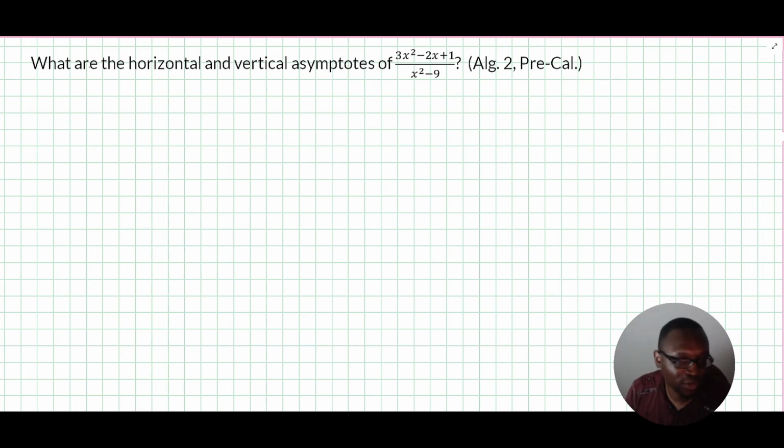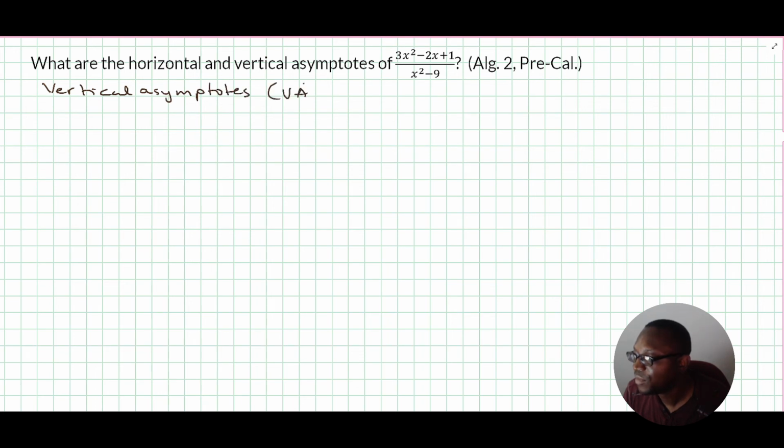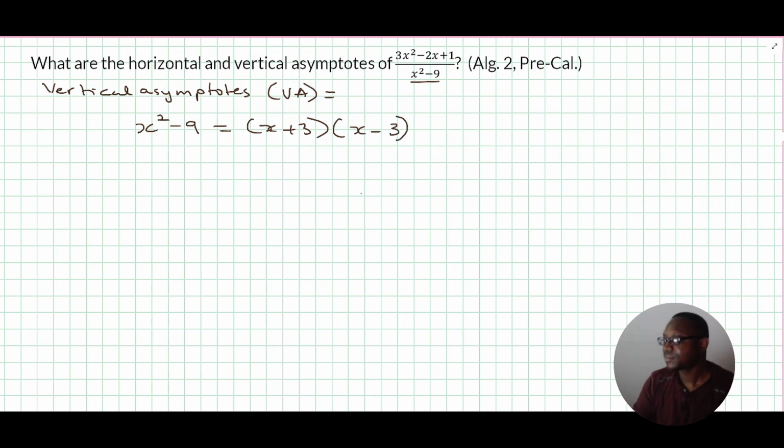Let's see what a vertical asymptote is. Vertical asymptote. Some people will call that VA. That's actually very commonly used, VA. So all you're going to do for vertical asymptote is to find the roots of the denominator. So x squared minus 9 is going to be x plus 3, x minus 3. So when you look at the vertical asymptote, you're looking for,